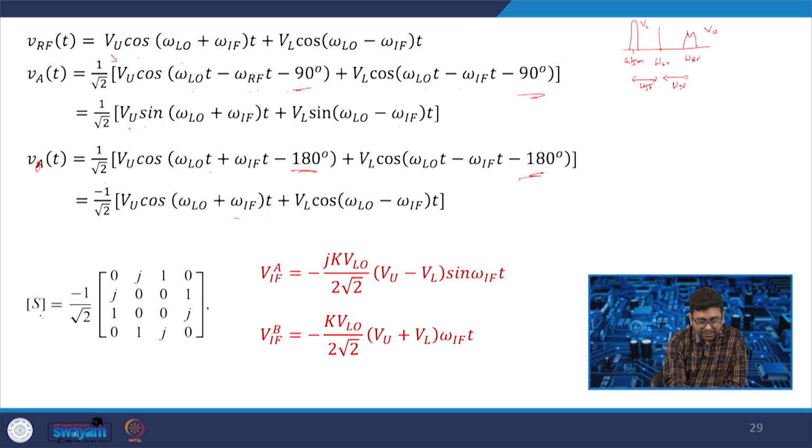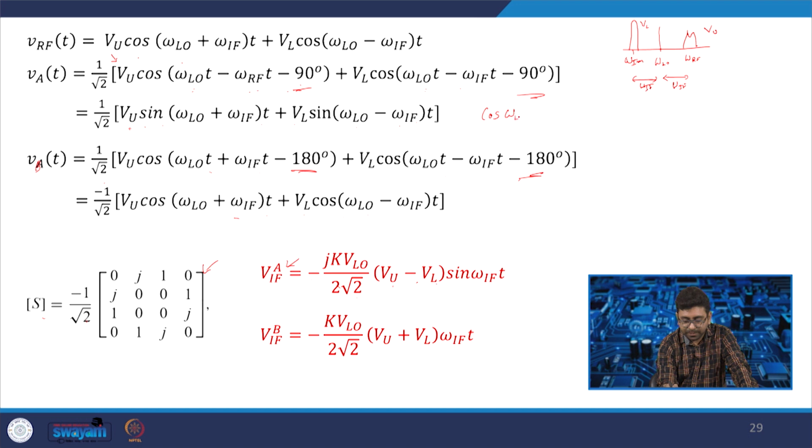So, if you consider the S parameter, which is this minus 1 by root 2, same S parameter that we have drawn, your VIFA equals, at this point, minus j k VLO 2 root 2 VU minus VLO sin omega IF t. So, here VIFA, this is a filtered output. So, how is this filtered? Here, when you multiply this with a